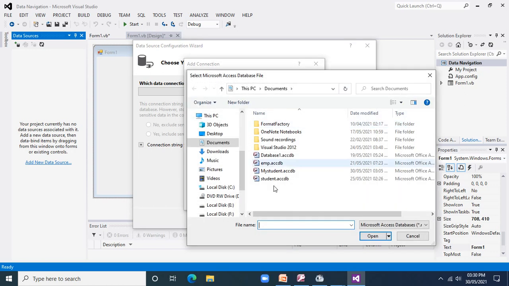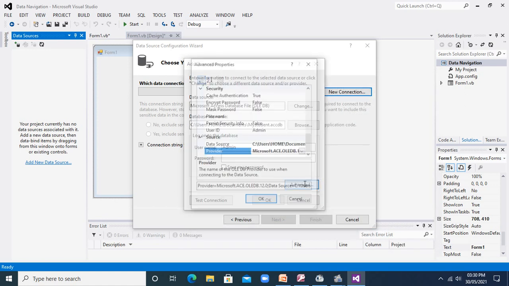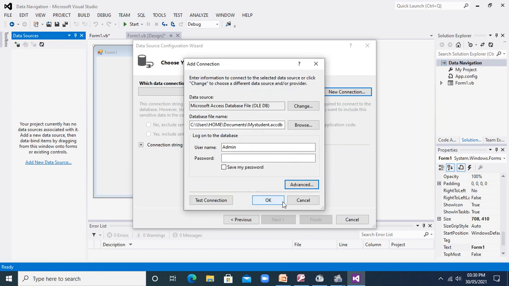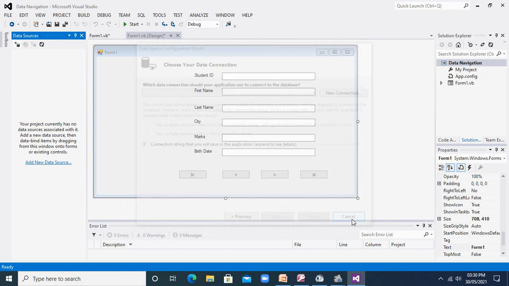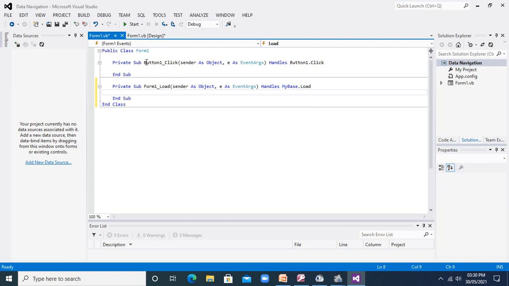After that I will browse my database. My database is my student, and here I will click the test connection and I will click advanced button. Here I will get the connection link for my provider. So this is my provider, I got it here, and here I will paste it.